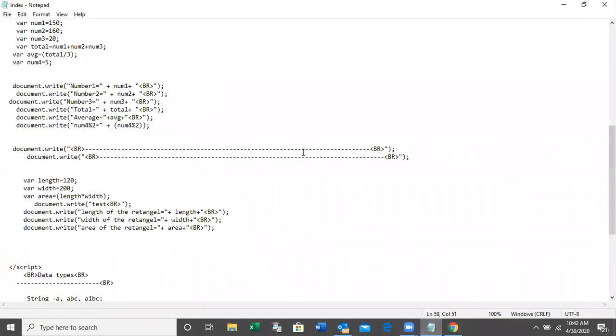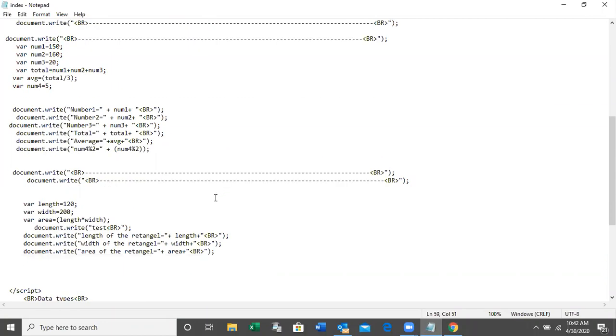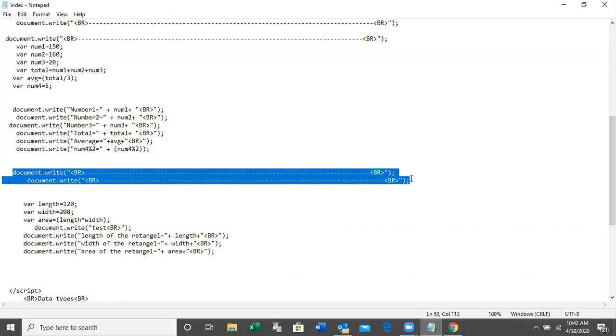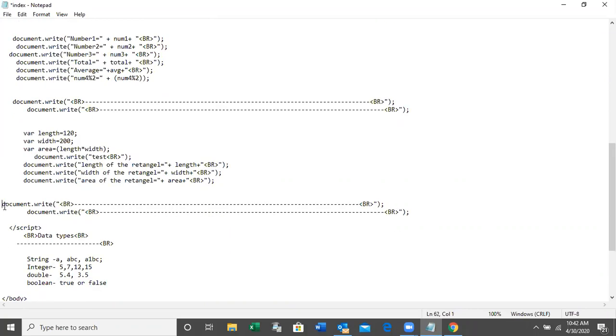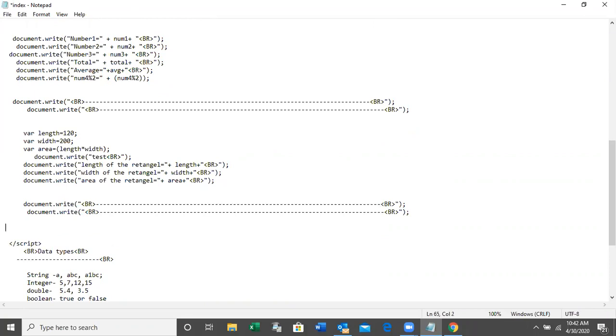Right. So now you can use arithmetic operators to do the calculations. The next thing, the increment operator and the decrement operator. For example, var a is equal to 5.